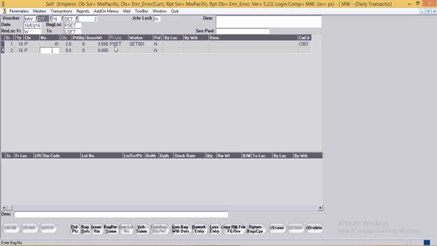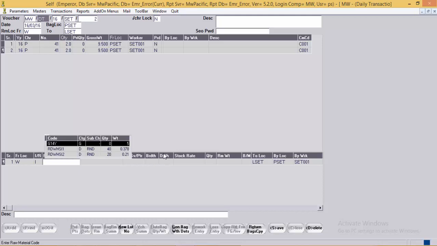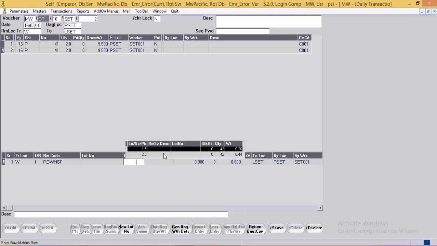Now after the work is done by this worker, he comes with the broken diamonds or for exchange to the supervisor. So we'll record a breakage of diamond. The sizes.